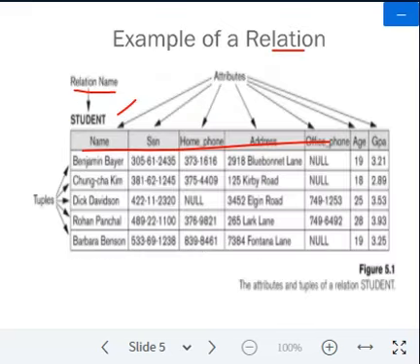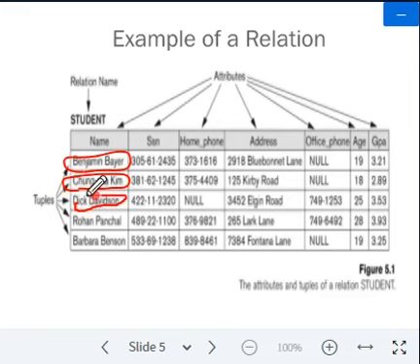A domain D is a set of atomic values. This is one atomic value, this is another atomic value, and this is another. So the domain, represented by the term D, is a set of atomic values.